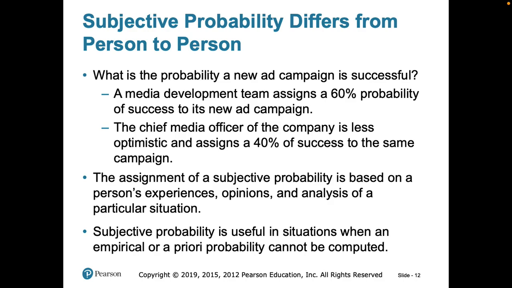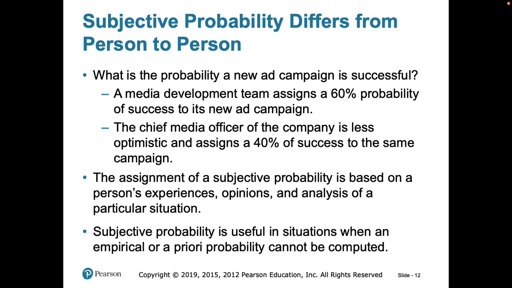Now, subjective probability is a little bit different because that is based on a person's personal opinion. So if you ask some experts, who do you think is going to win the Super Bowl? Some experts might say, oh, it's going to be this person. Some other people might say it's going to be the other person. So that is going to change based on who is giving their reasoning for a particular team winning the